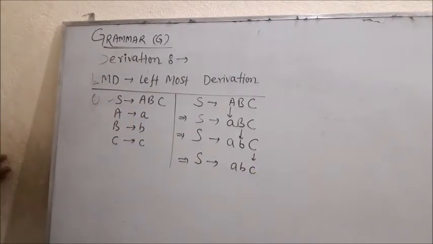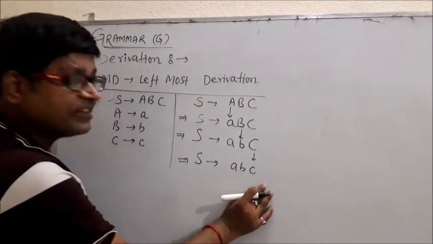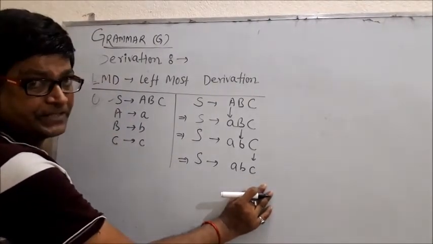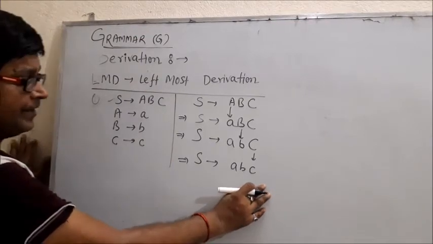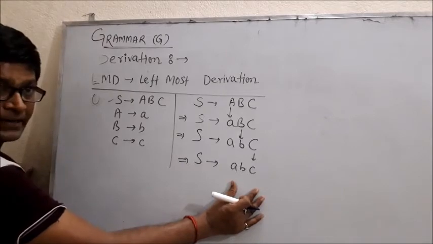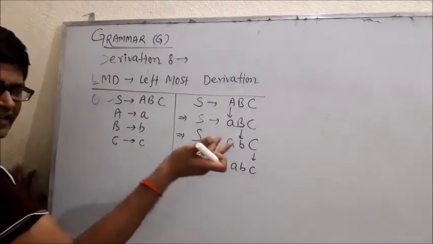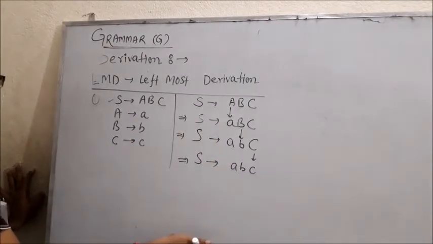So what does it mean? It means now this cannot be further divided because all these symbols are terminal symbols. Correct? Fine. So through this production rule, this string will be generated. Right? This is the last one, and exactly one string will be generated. There may be so many strings generated, but in this case only one string will be generated,